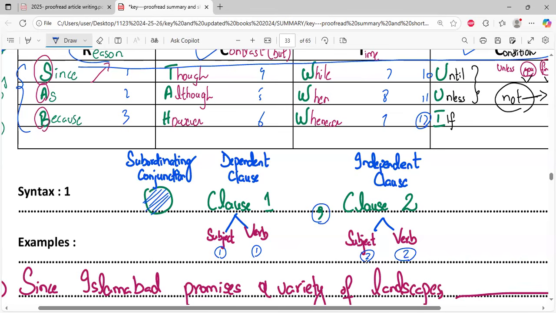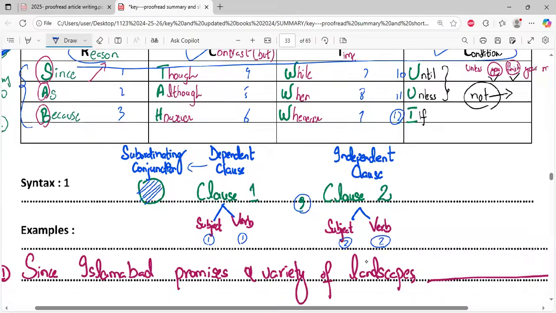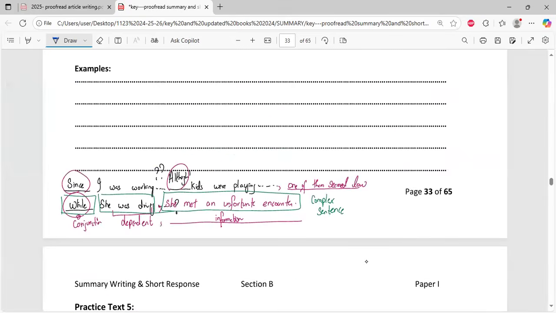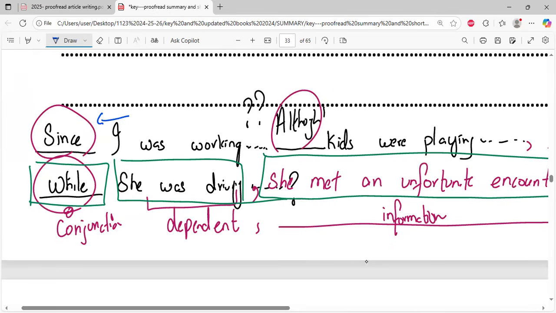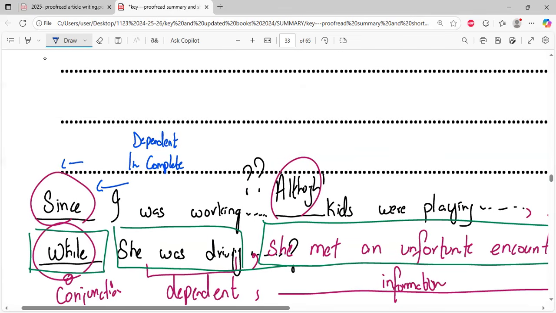Why is the first side called dependent clause? क्योंकि उसके पीछे हमने ये word लगाया ना, since, as, या because. Let me give you a quick reminder here. है ना? I was working, के पीछे if you say since, तो this complete becomes incomplete. है ना? I was working is complete. But उसके पीछे if you use this subordinating conjunction, this now becomes incomplete. Incomplete का दूसरा नाम, what did I tell you, is dependent. और another name भी आपको बताया, dependent का एक और नाम subordinate.